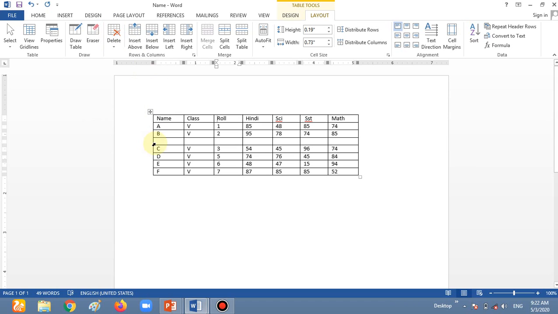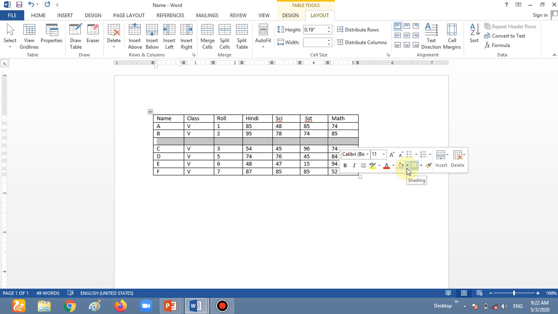Now there is one more way to select anything. Look, the cursor shape or the mouse shape changes when I go in this area. When you have this type of shape of your mouse, then simply click the left mouse button and it selects that. Okay, and then use your keyboard, shift and then arrow key, to select this one. This is another way to select the data, but we can also select the data with the help of the mouse. Simply hold your left mouse button and drag it across the rest of the cells. Now your whole row is going to be selected.